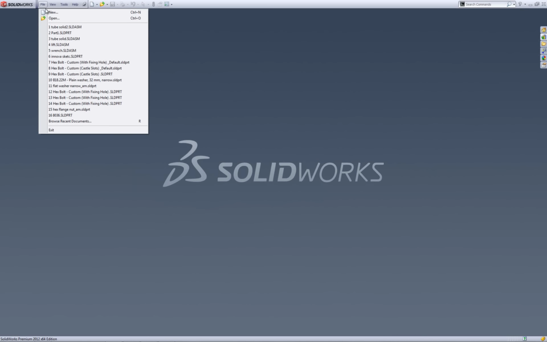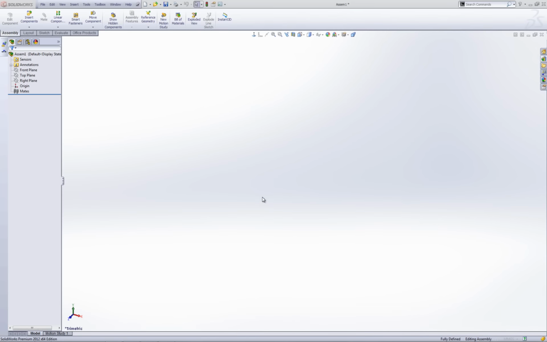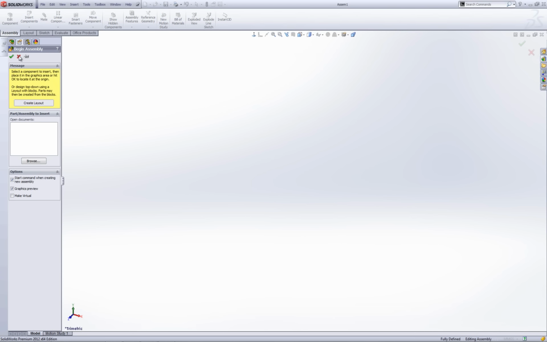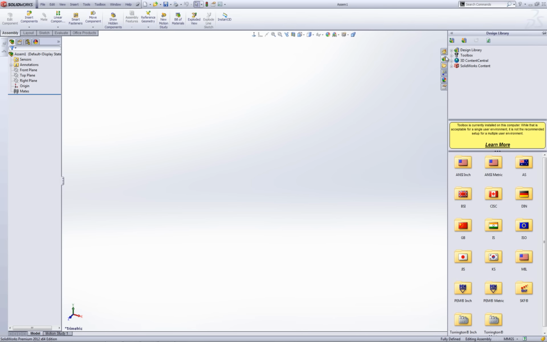If I go to say File and then New, and let's just make an assembly and go OK, I'm just going to exit the Insert menu. Okay, and if I go to my Library tab on the right hand side, you can notice the toolbox is now available from my tree on this side. If I expand it, I've got a number of standards that are in here, and the idea is I can click on a standard, say let's have a look at ANSI inch for instance. I can then click on bolts,